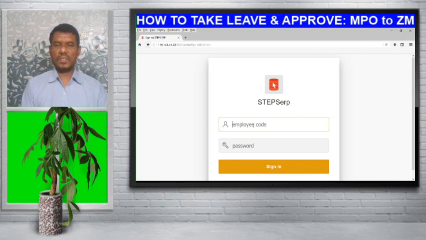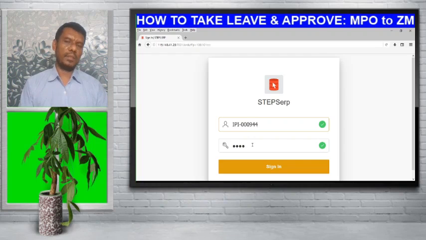As it is a demonstration, I shall approve this leave on behalf of his line manager, Mr. Anisur Rahman. His IPI code is here and his password is already given there because a few days ago his leave was applied from this laptop.